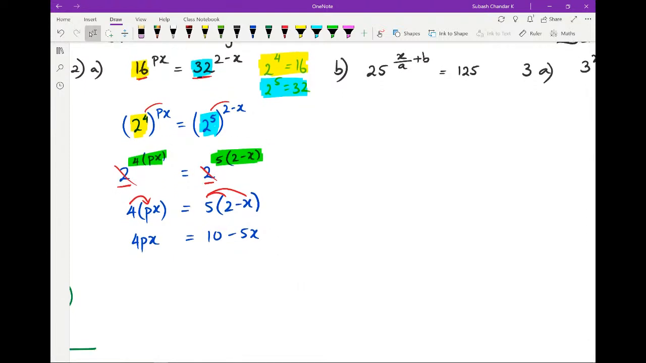So we've got to actually rearrange so that we bring all the x's together. So we're going to get 4px. The negative 5x, when it comes over to the left hand side, it becomes positive 5x, and that's equal to